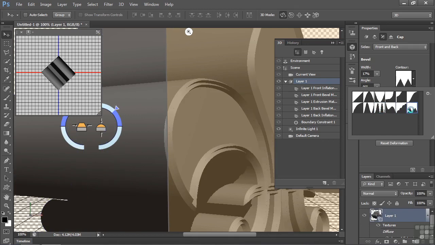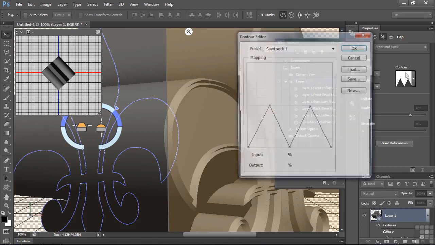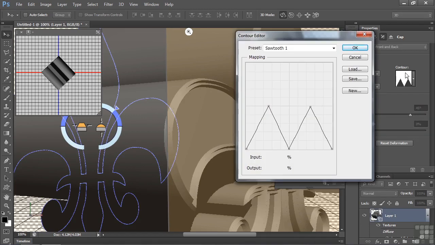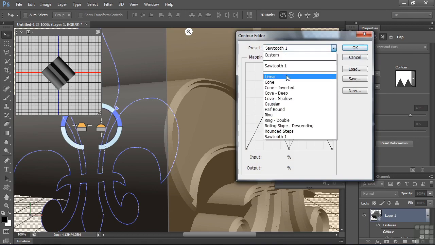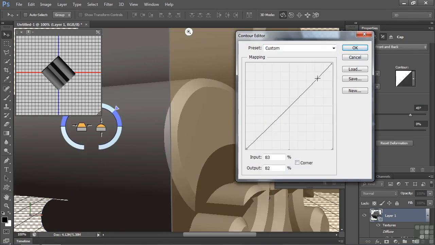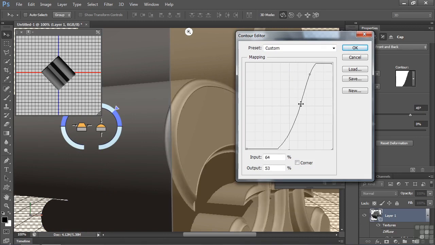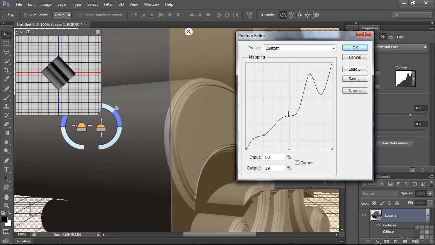If you don't see a contour you like here, you can create your own. Just click here. That opens up the contour editor. Let's start from scratch here by going to the linear. All I have to do is click, and that adds a point. You can watch your results over here, like so. Creating some elaborate looking frames if you want to do that. Down like so. Then you can save this as a custom preset, or just say OK, and that'll be applied